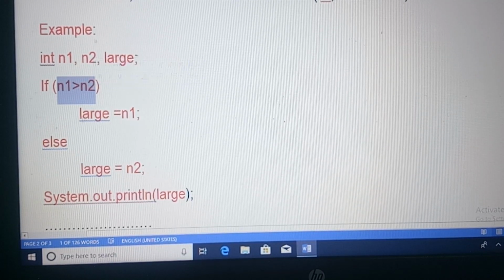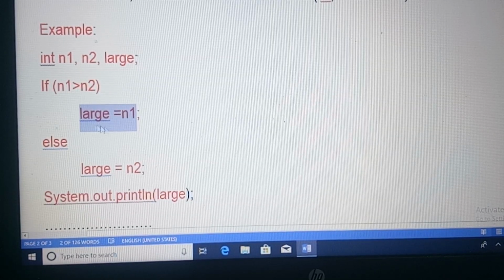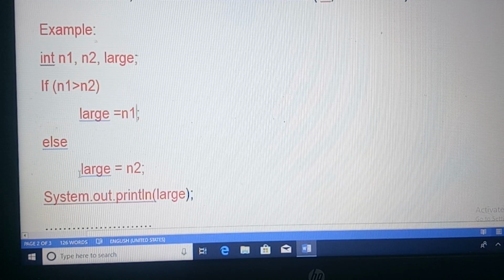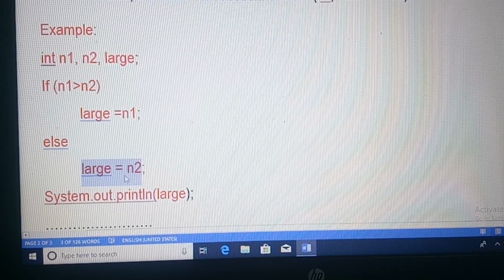If it returns true, the first statement, large equal to n1, will be executed, and if the condition evaluates false, large equal to n2, that means the statement associated with else, that is statement 2, will be executed.